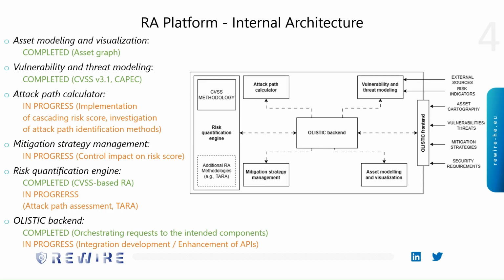each asset. At the same time, we also have the attack path calculator component that is responsible for identifying the cascading attacks that an adversary could leverage in the entire topology, and also the mitigation strategy management component that is responsible for performing comparisons between different risk assessment processes in order to evaluate the effectiveness of various controls employed in the topology. Last but not least, there is the risk quantification engine that is basically responsible for supporting various risk